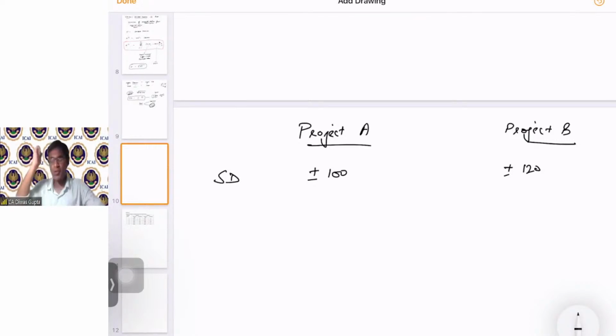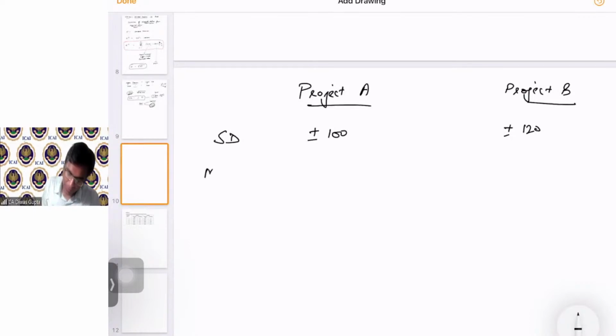Okay. So as I told, I agree with all your responses. So no one is right, no one is wrong. Because I only asked you, with this limited information, which project you would go for, A or B, and hence whatever came to your mind, based on that you have given the response. So here no one is right and no one is wrong.